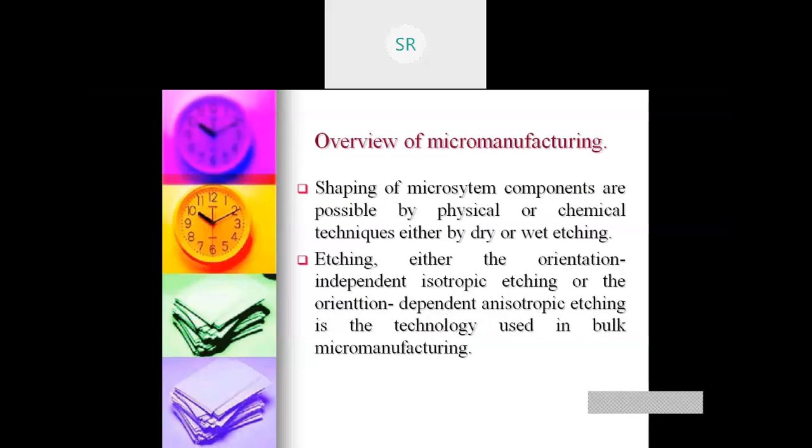Now the shaping of the microsystem component can be done with the help of physical etching or chemical etching, or it can be dry etching or wet etching. Etching can be either orientation independent isotropic etching or orientation dependent anisotropic etching.